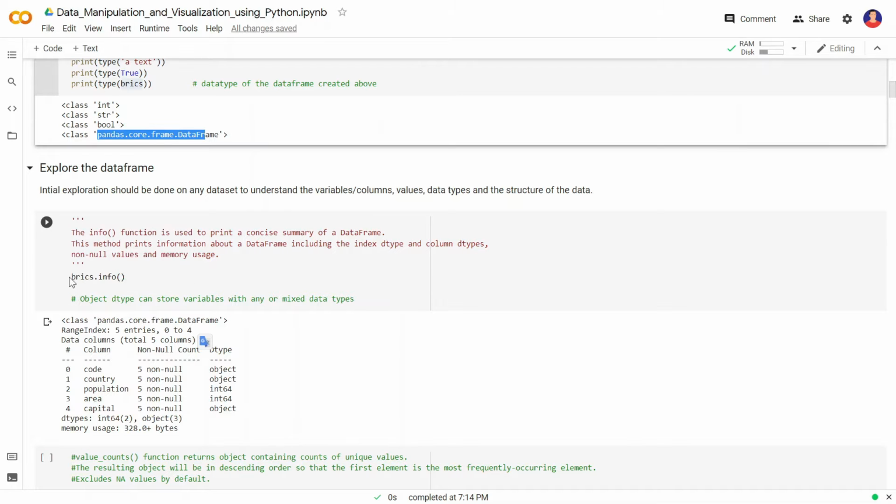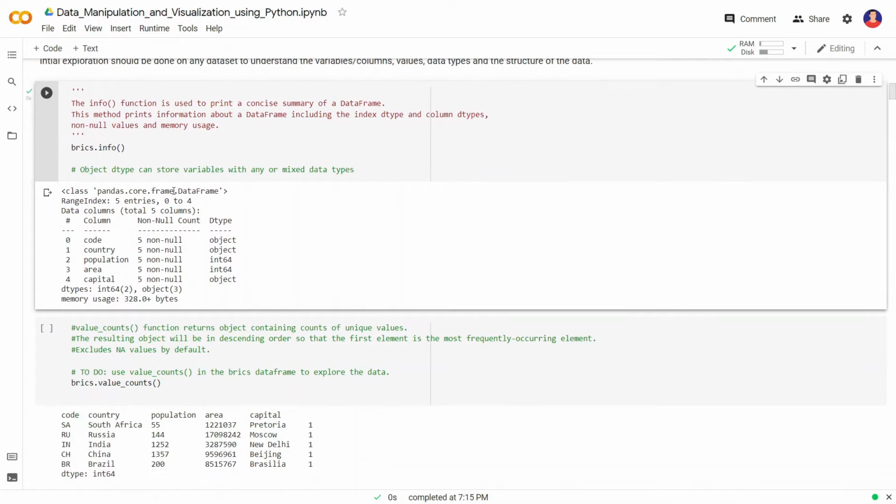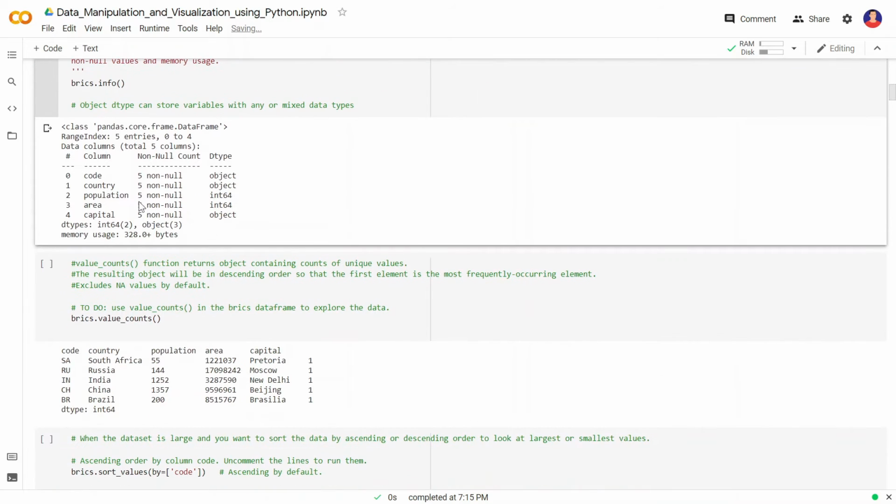So we are trying to apply it, bricks.info. Let's run it. Here, class pandas core DataFrame, as we have seen before, we have 5 entries, 1 2 3 4 5. Now we have 5 columns, and the main data types are int 64-bit integer and object.